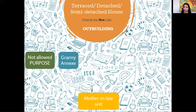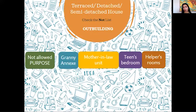You cannot build an outbuilding for your grandmother, commonly known as a granny annex, for her to stay in. Similarly, you cannot build it as a mother-in-law unit for her to stay in, or for your independent but loving teenager to stay in. Neither can you use it as an accommodation for your help. So the building is not to be used as a self-contained unit. Basically, it cannot have a sleeping accommodation within it. And that means it cannot include a sink, a toilet, a wash basin, a pantry, a kitchenette, or a WC